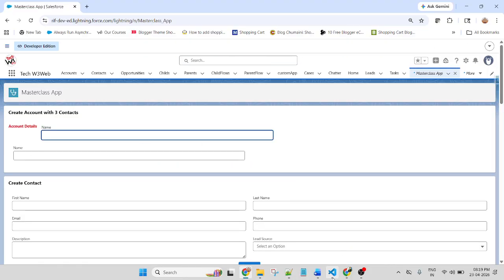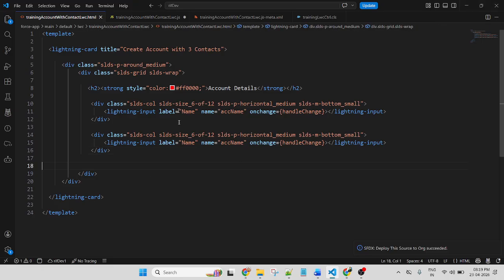There are two input fields, let's suppose name and phone. If you want to create another field, simply copy and paste. You can create multiple input fields. For learning purposes, here I am creating only two input fields. Cut from here.